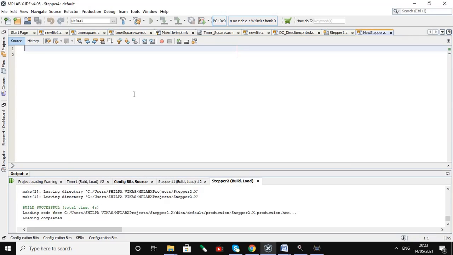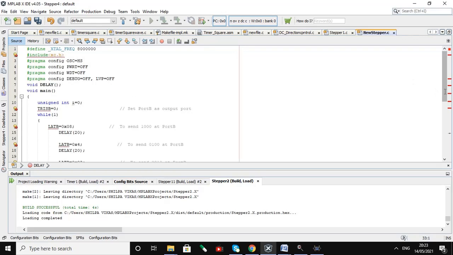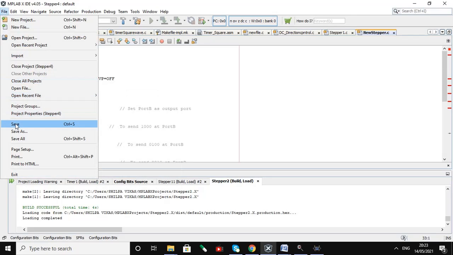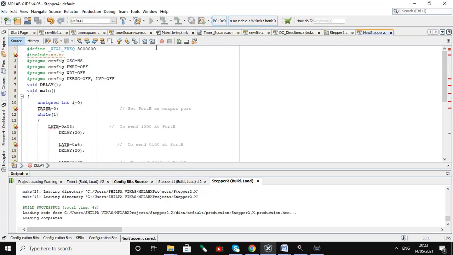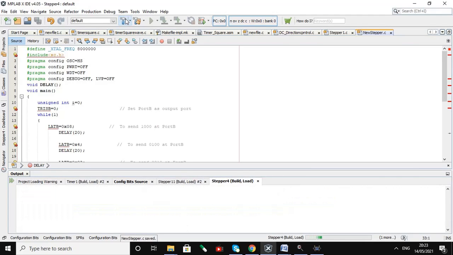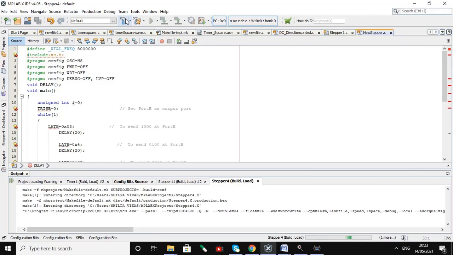Now paste the whole code here. So this is our code as explained previously. Now File, save the code.